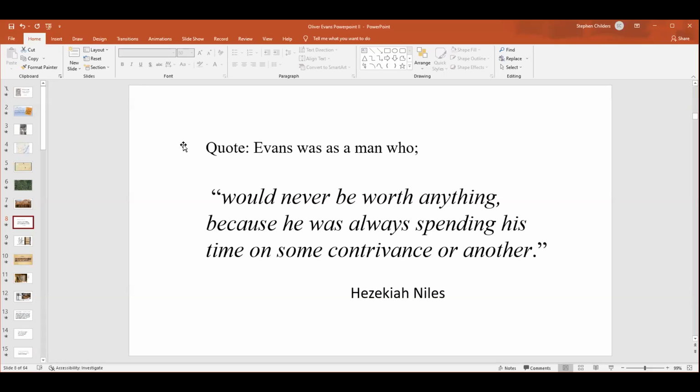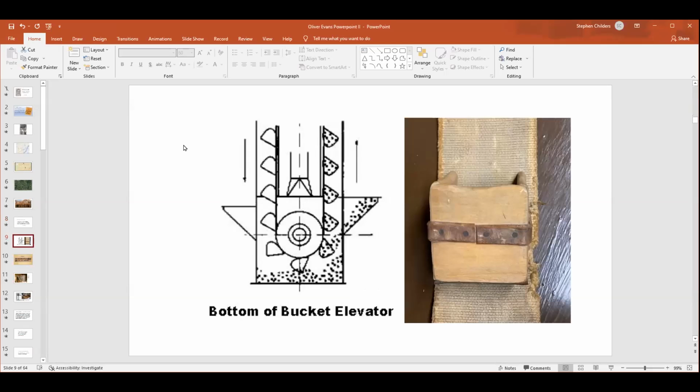Okay, Evans' ideas made no changes to the way that grain was cleaned, ground, cooled, bolted, and packed. The changes were all in the way that the material was moved about the mill from one machine to the next. He didn't want to change the milling process. He just wanted to make it easier. The 5 main improvements that he eventually came up with were the bucket elevator